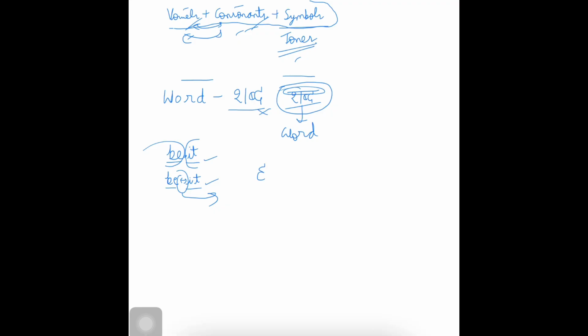For example, I write hum sabhi, which means we all. Hum means we, sabhi means all. Now, this is the correct writing form in Hindi. I cannot write like this. Even though I have left some gap between these two words, it will be regarded as incorrect in Hindi. So this horizontal line is very important,